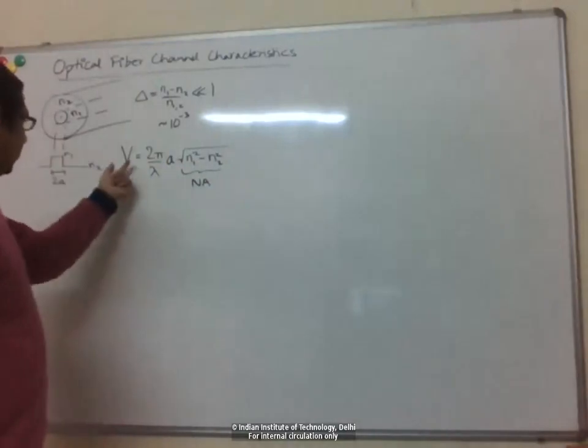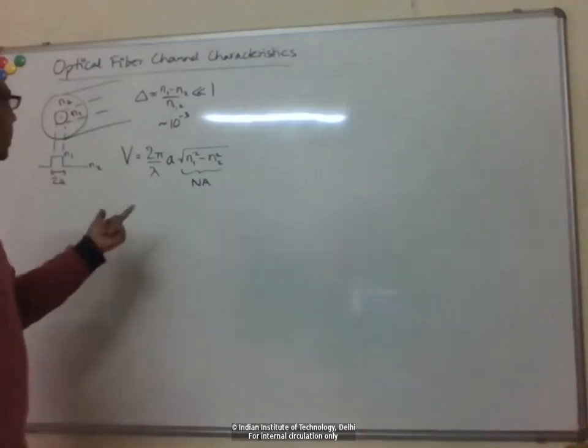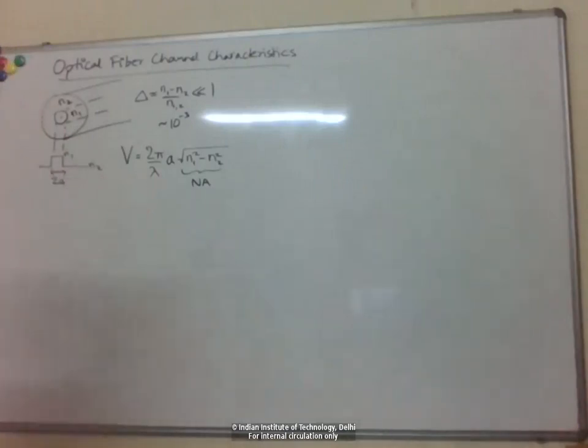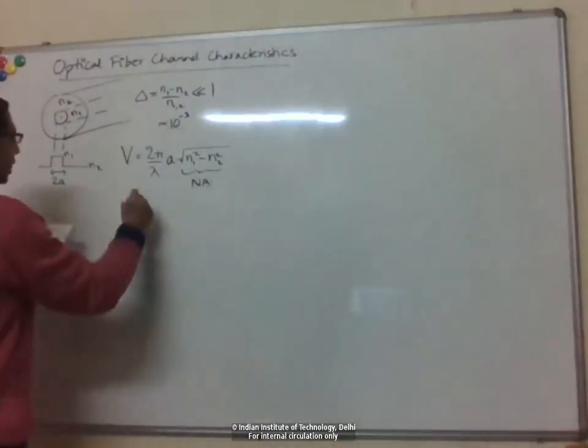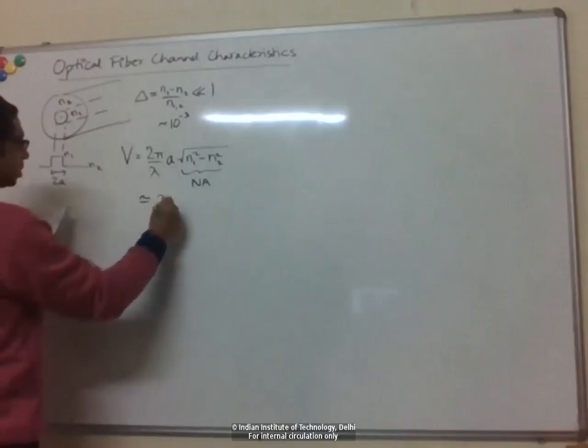So given a fiber, it is characterized by its V number, and again, the fiber optics students can recall that a lot of the properties of the fiber depend on the V number. In terms of this quantity delta, if delta is small, I can also just write this as